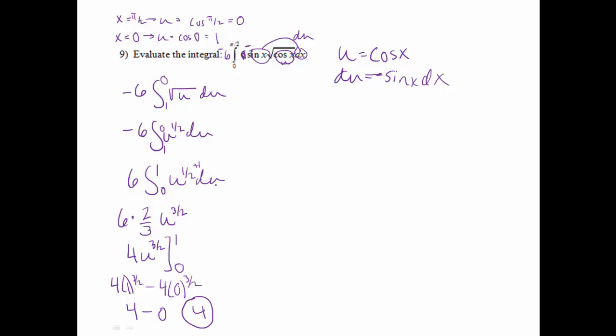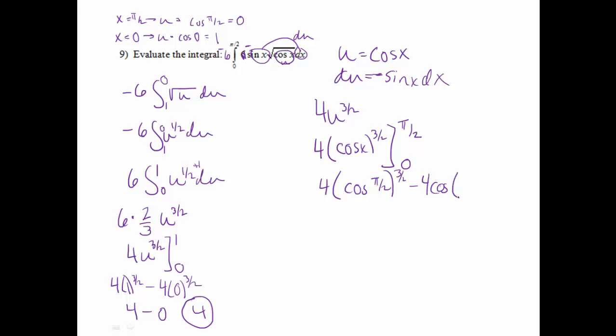Okay, I am going to work this if I did not change my limits, just in case you don't care to do that. So we would have still had 4u to the 3/2, and then I would have just plugged my u back in, so that would have been cosine x to the 3/2. We would have just evaluated at pi over 2 and 0. So I would have had 4 times the quantity cosine pi over 2 to the 3/2 minus 4 cosine